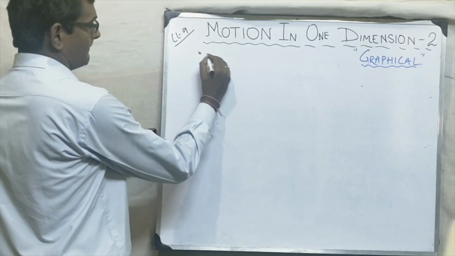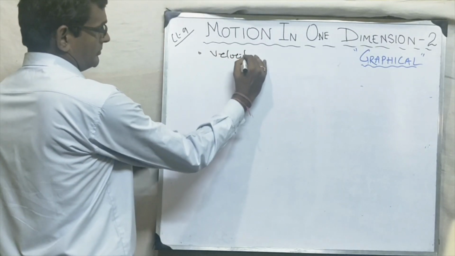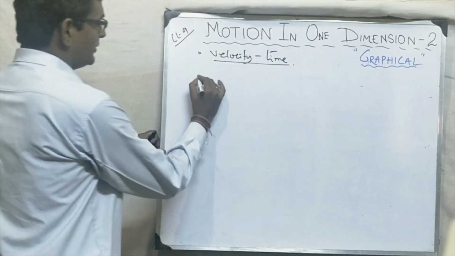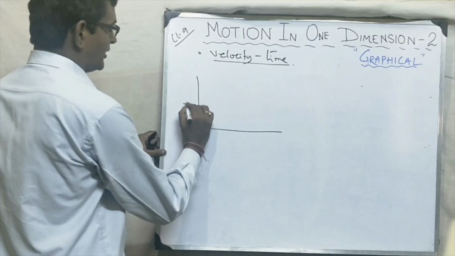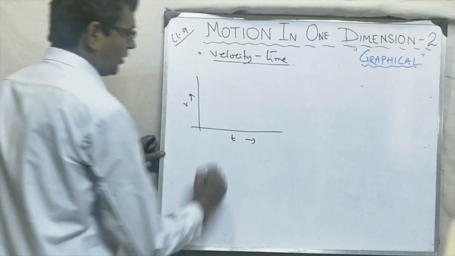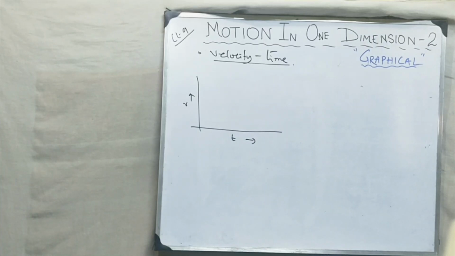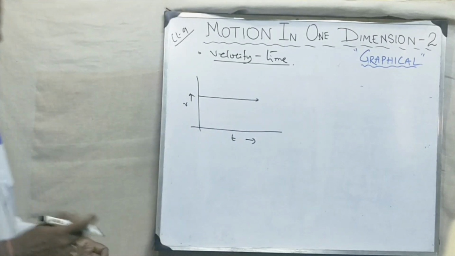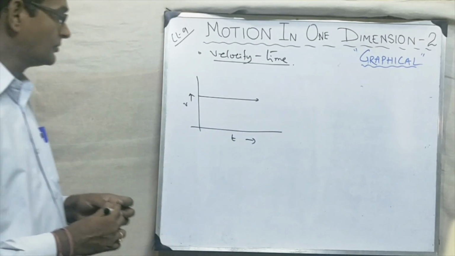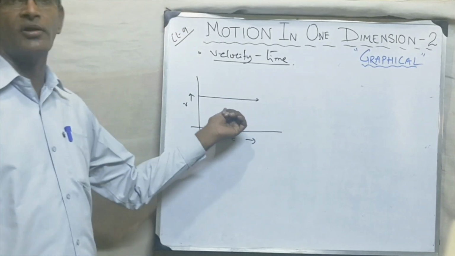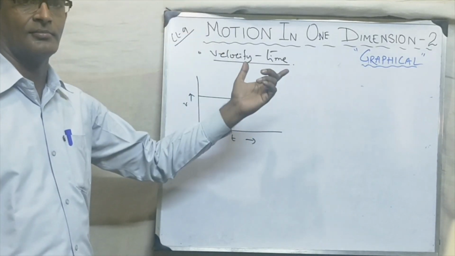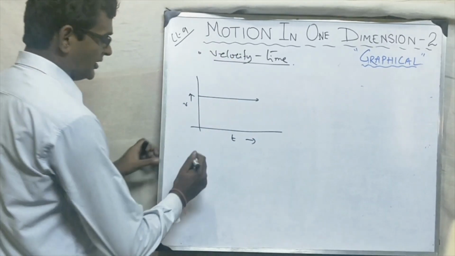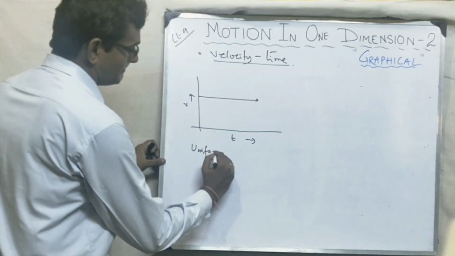So as the name suggests, in the velocity time graph, as we have seen, velocity will be on the y-axis and time will always be on the x-axis. Okay. So if the graph is this way, what does it mean? Now someone of you will say, sir, the body is at rest. No, that was the case of the displacement time graph. Here it means uniform velocity.